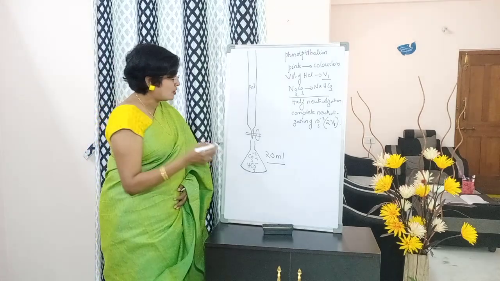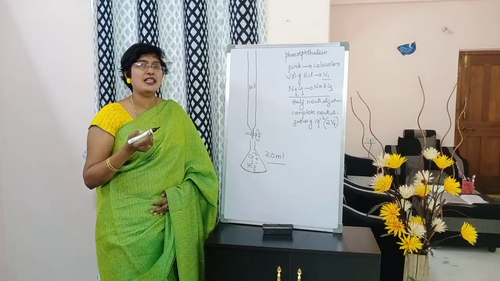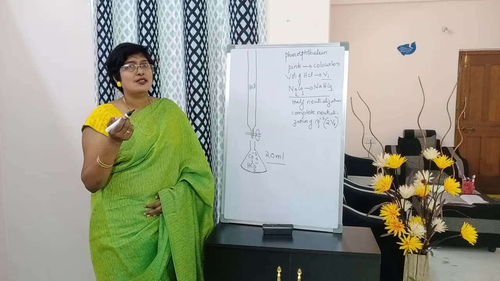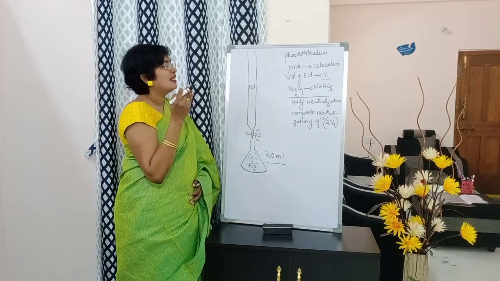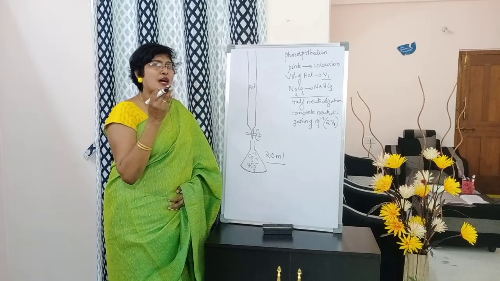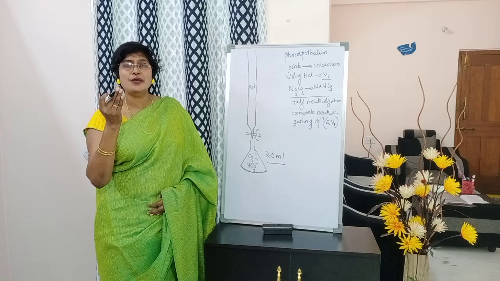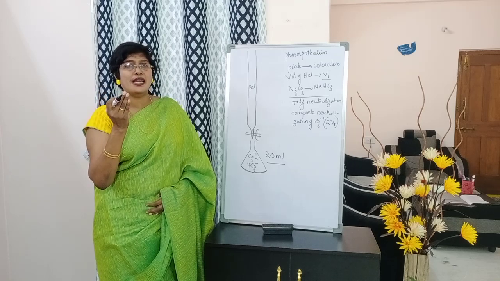Fine. So carbonate starts reacting with HCl. That means HCl starts neutralizing carbonate. Okay, so the reaction has started. So what happens, students? At one stage the pink is turning into colorless, and we say that colorless point is the end point. Okay.